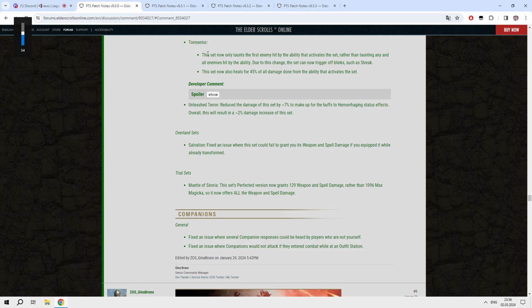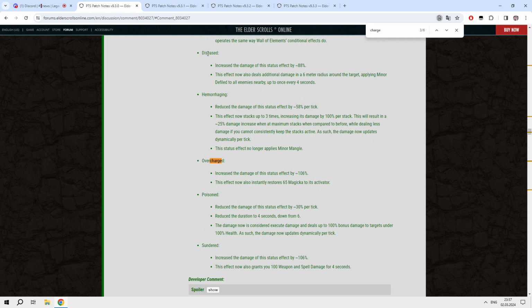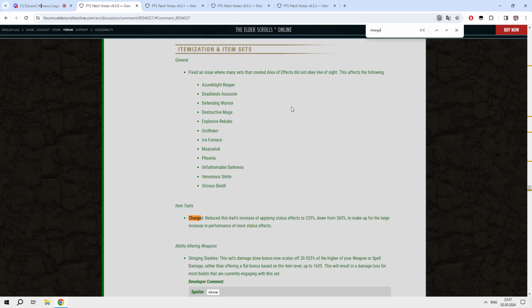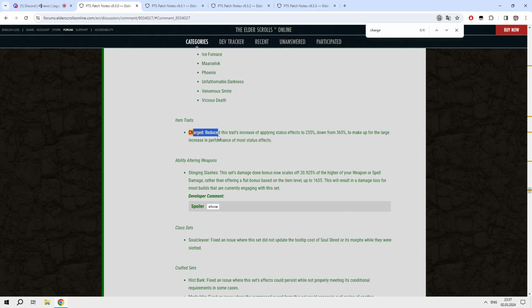And now about charge effect, there are just several words. I guess we missed something with, yes, item traits. Yes, we missed only one thing here with itemization and item sets, and it's the item trait called charged. They reduce the trait's increase of applying status effects to 235 down from 365 to make up for the large increase in performance of most status effects, because as you remember they are buffing status effects, and if it's not for this change, if it's not for this nerf, no one will just simply